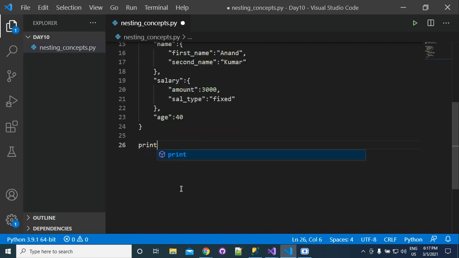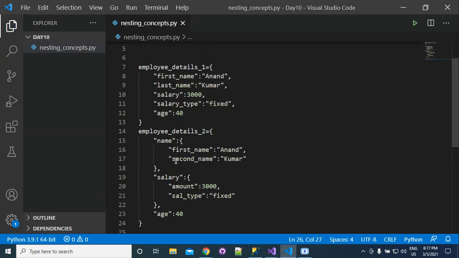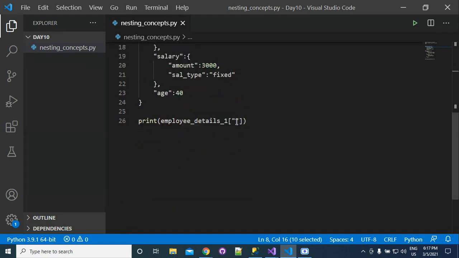We will simply write print, and then can anybody guess? If we want to get first name, then what can we use? We will write employee details and the key value. So what is the key name? First name. So we will pass here first name. Now if you print, you will get what?